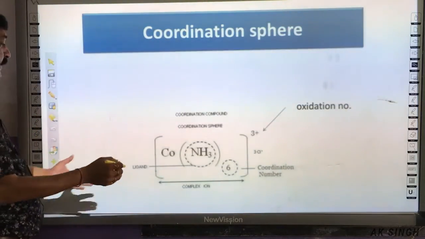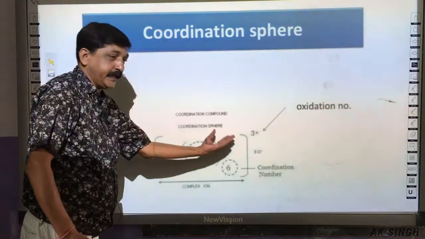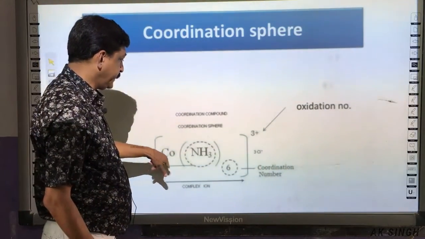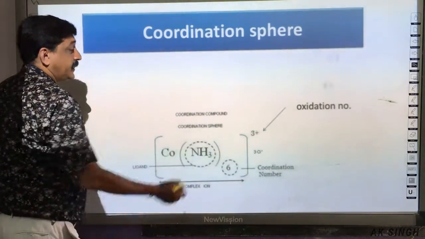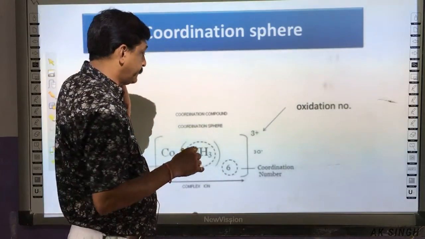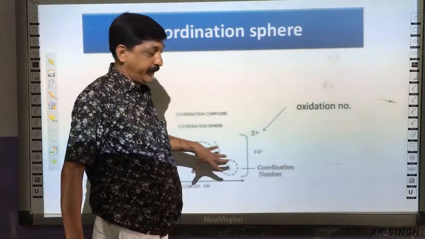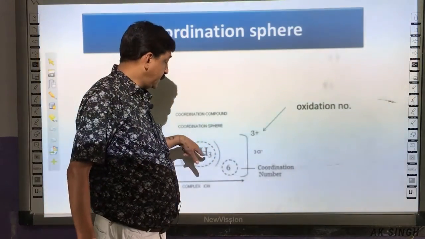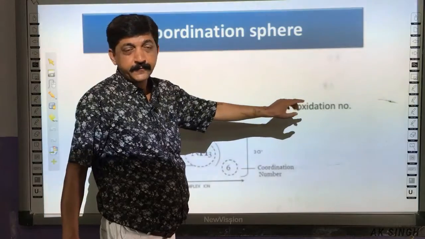Certain things, again the complex ion, to represent the complex. These are the entities inside the coordination sphere, then the ionization sphere, central metal atom or ion, coordination number and the ligand. So this represents the complex ion. And this is the oxidation number, which was explained in class 11, how to calculate the oxidation number. For the nomenclature you have to calculate the oxidation number of each complex by assuming the charges on the ligands inside and the ions outside. Coordination number is different from the oxidation number.